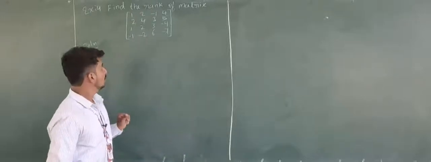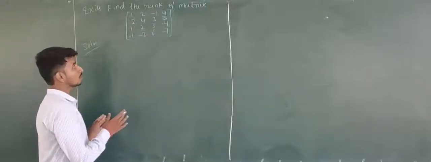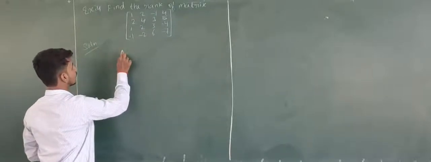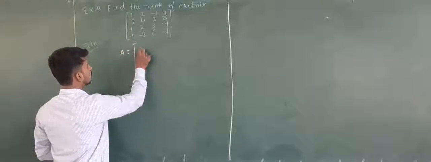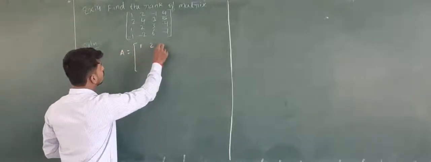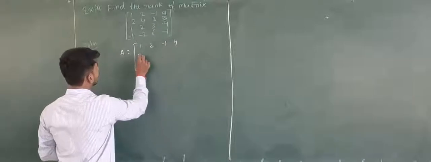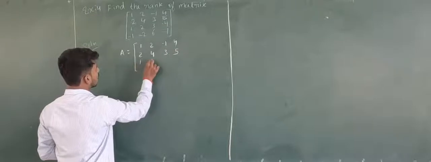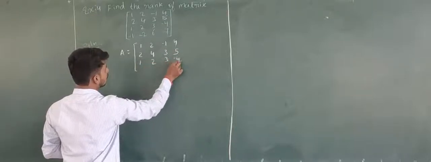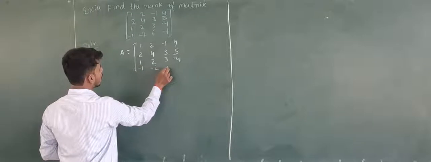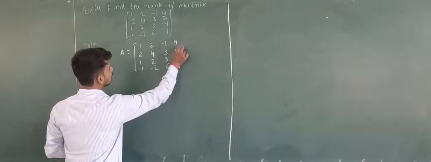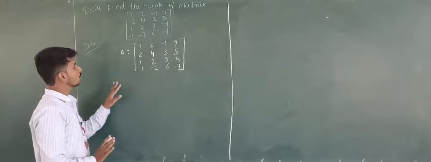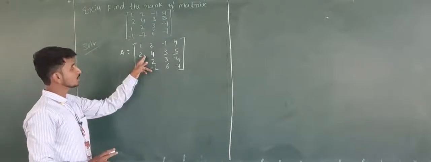Given matrix A equals 1, 2, minus 1, 4; 2, 4, 3, 5; 1, 2, 3, minus 4; minus 1, minus 2, 6 and minus 7. So first, we have to make this as 0, next this 2 as 0,